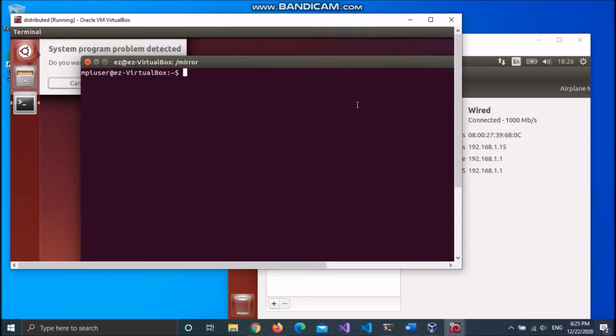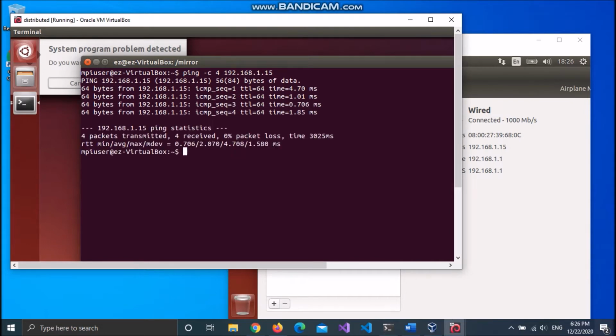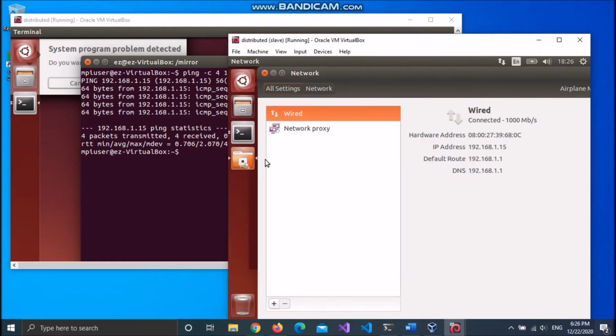If I ping this device from my main distributed master device, it should be able to ping, which means there is a connection. As you can see, these are both connected through a virtual network, and both devices can communicate